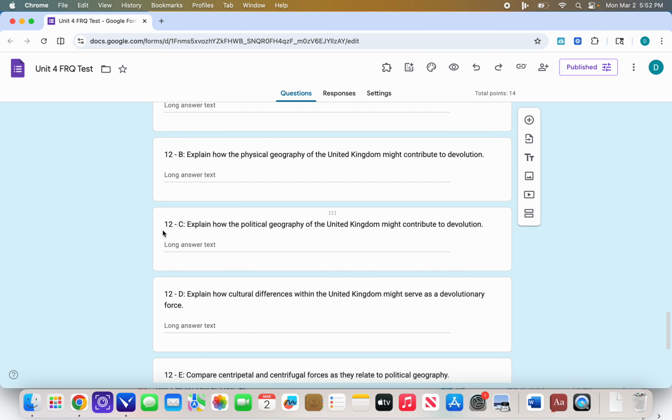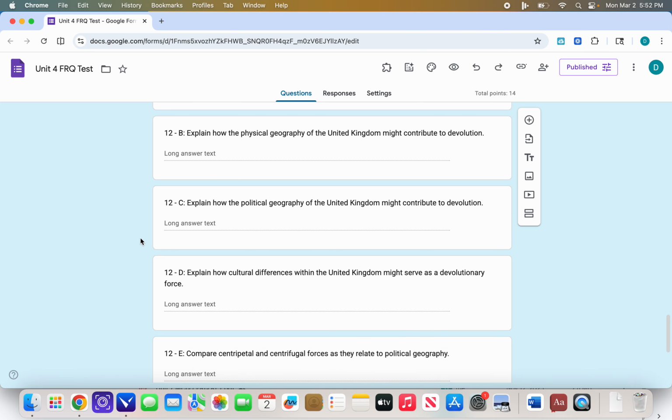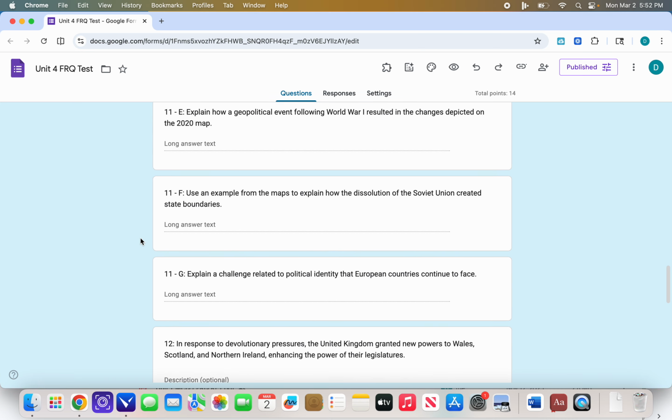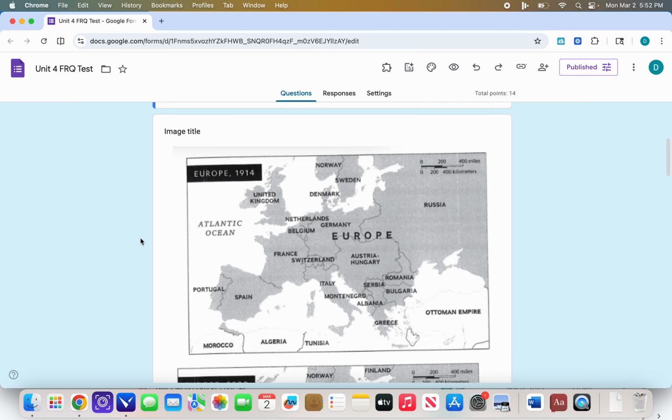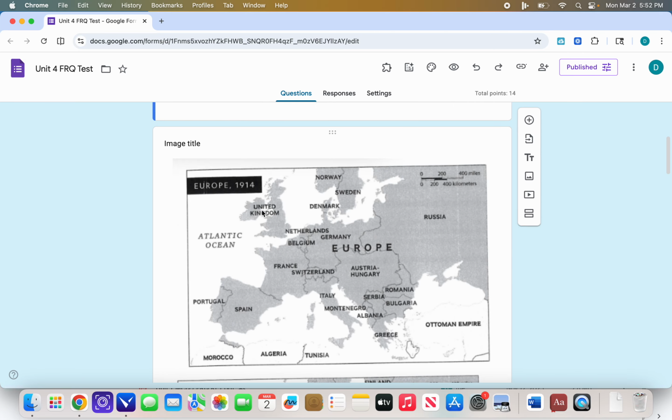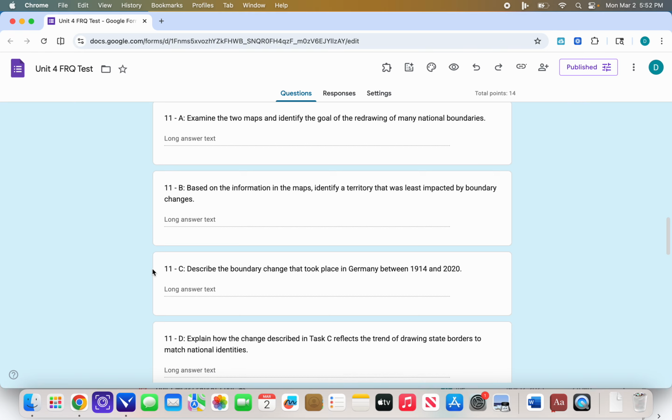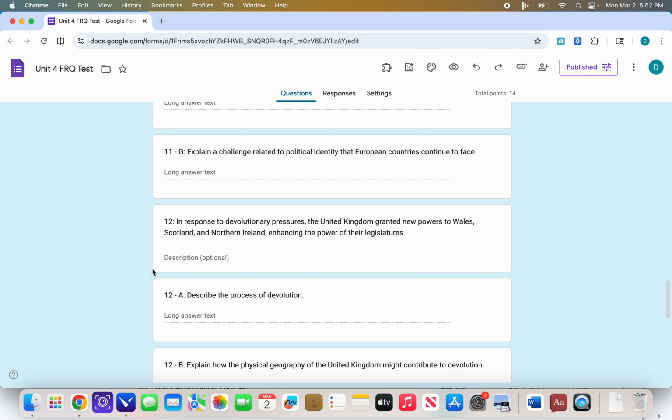Now on to 12C. Explain how the political geography, so instead of physical, now political, of the United Kingdom might contribute to devolution. You could talk about the fact that Wales used to be its own independent state. Scotland used to be its own independent state. The situation on Northern Ireland, again, used to be a separate state. And you can see that off of the 1914 map, where Northern Ireland was not part of the United Kingdom. Moving on,